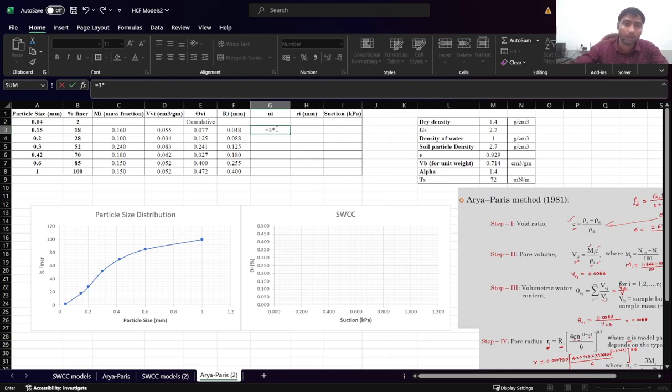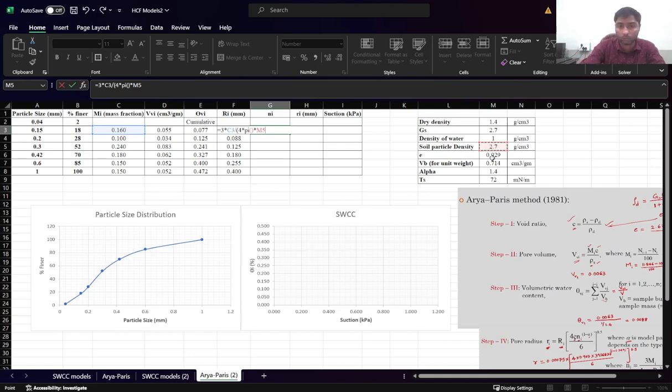So it's going to be 3 times Mi mass fraction, and that will be divided by a long term, that is 4 into pi into rho s Ri cube. Value of rho s is given here, soil particle density in gram per centimeter cube,